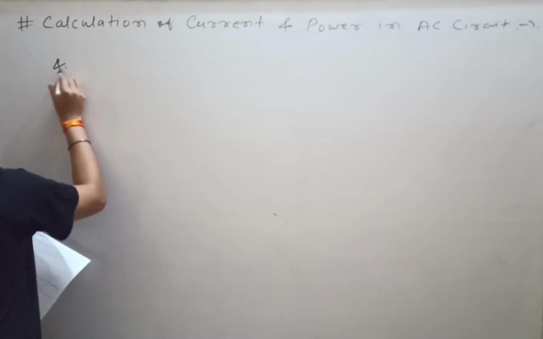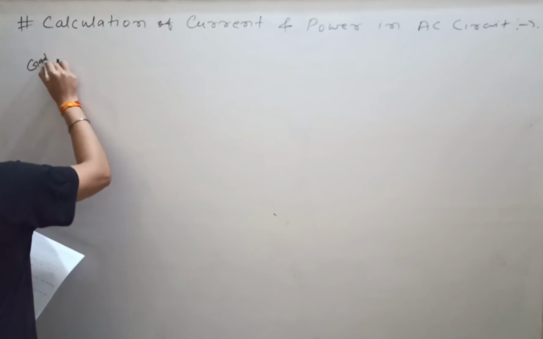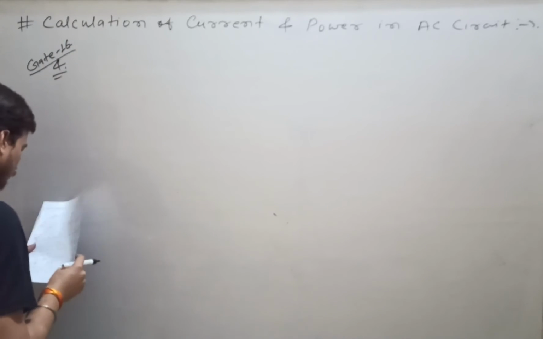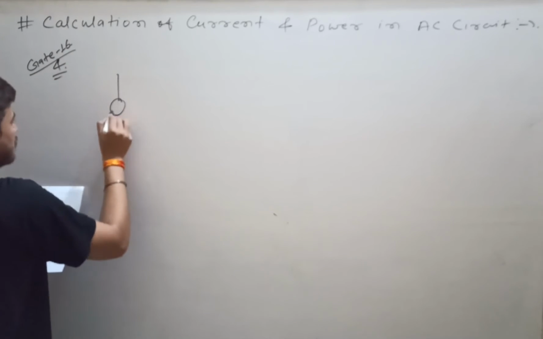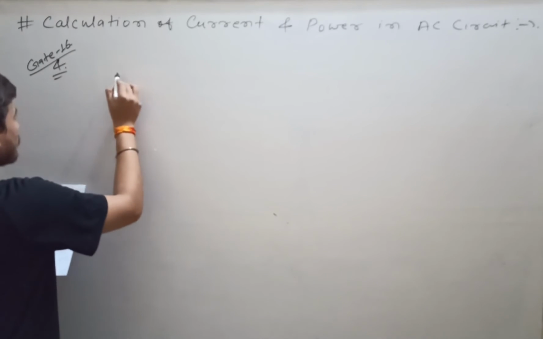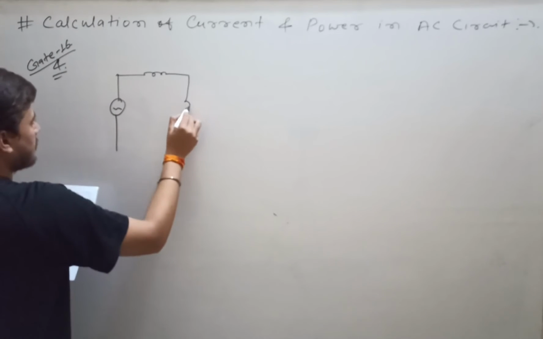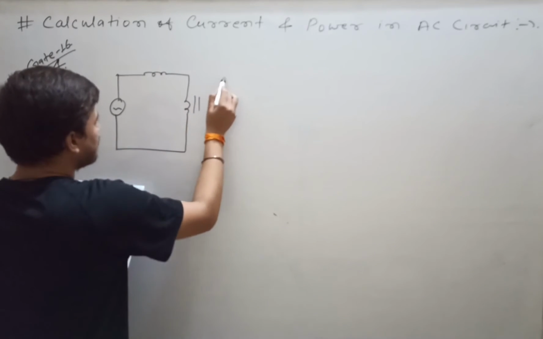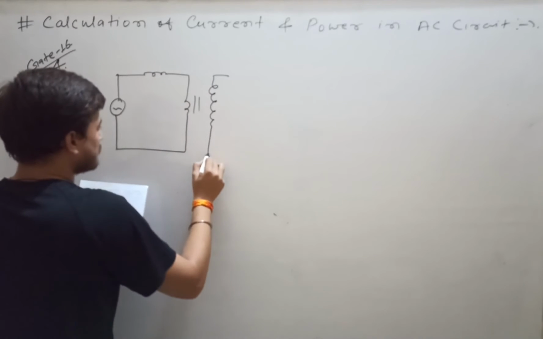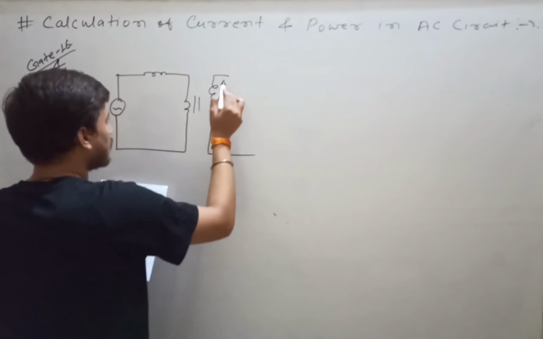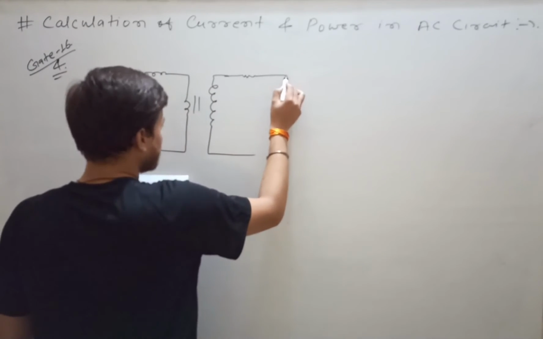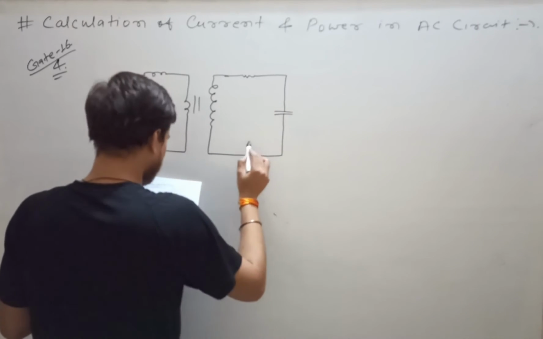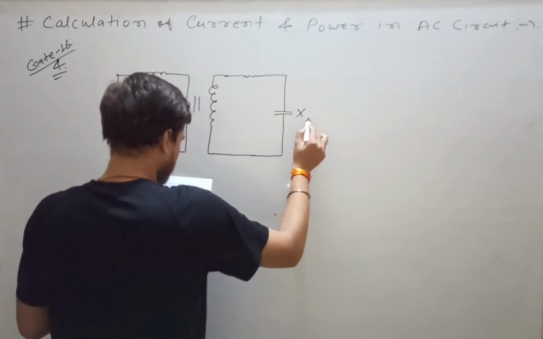Question 4, GATE 2016. This question was asked in GATE 2016. You see the question. Here a transformer is given. Remember, this part is important for electronics and instrumentation engineering students also, because you can also have this type of questions in the GATE examination.